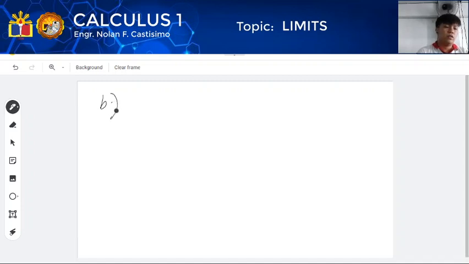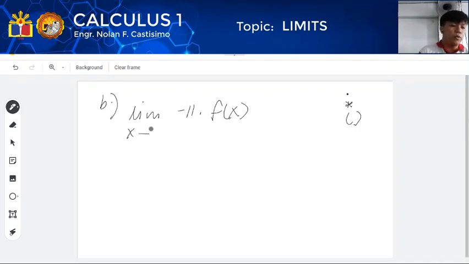Letter B. So, let's say we have the limit of negative 11 f of x. So, itong point na to, hindi siya decimal, para siyang, yan yung indication ng multiplication natin. So, alam naman natin na ang indication ng multiplication natin can be a point, asterisk, or a parenthesis. So, indication of multiplications. So, limit of negative 11 times f of x as x approaches a is equivalent to,